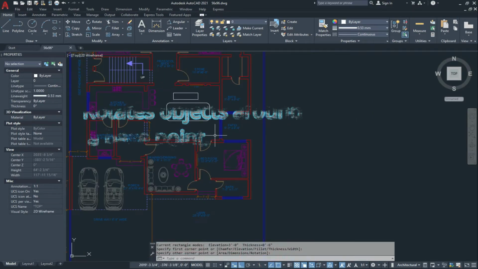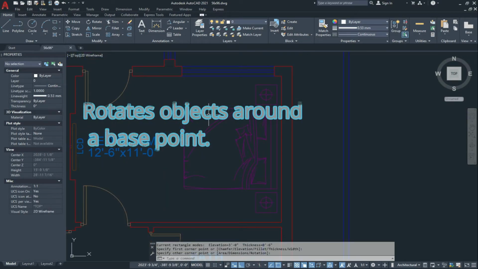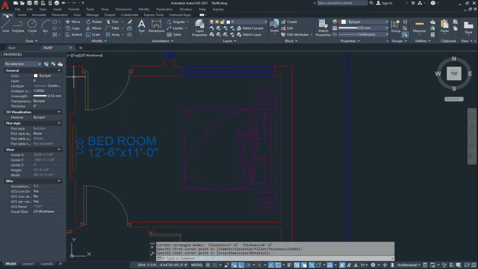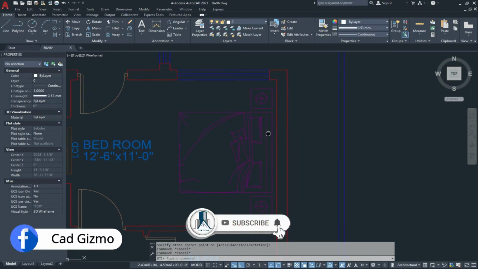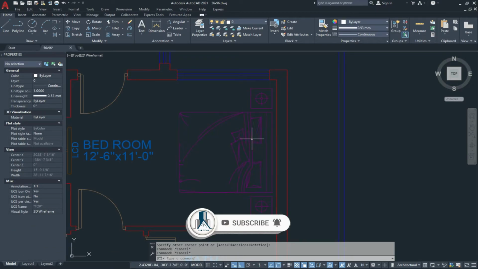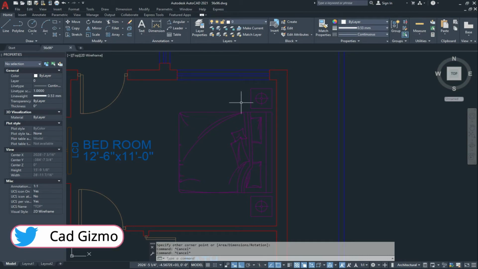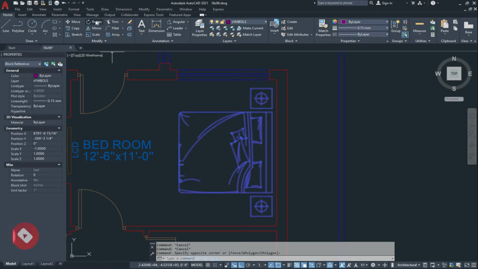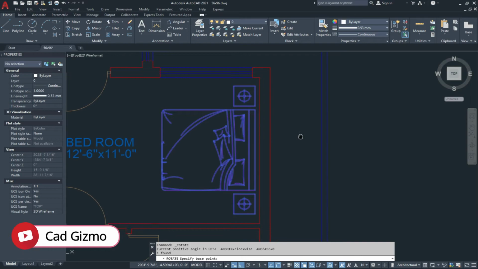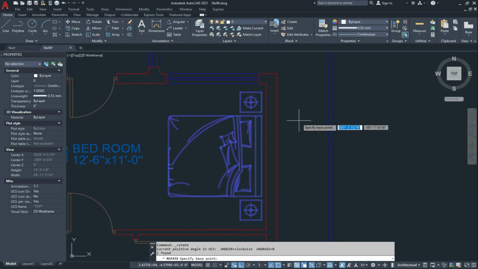Now we see the rotate tool. You can find this tool in the Home tab and in the Modify panel, and here is your rotate tool. If we want to rotate this object, a bed block, by 45 degrees, select this and go to the rotate tool. Now in the command line it prompts you to specify the base point.